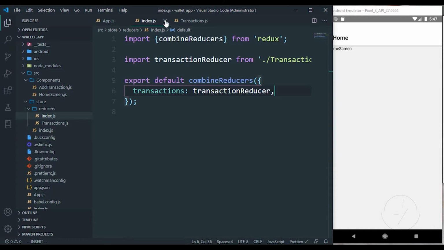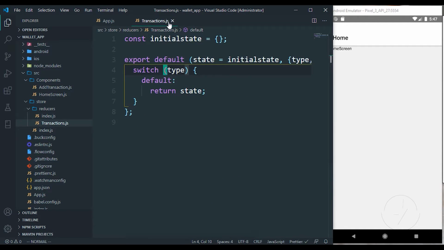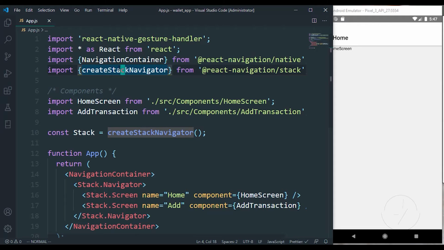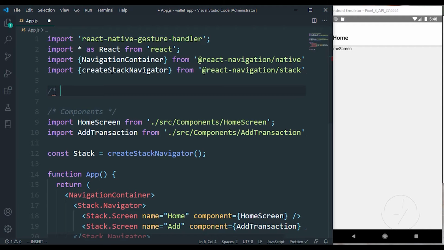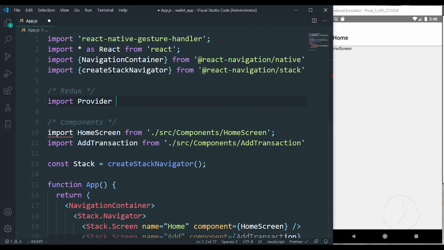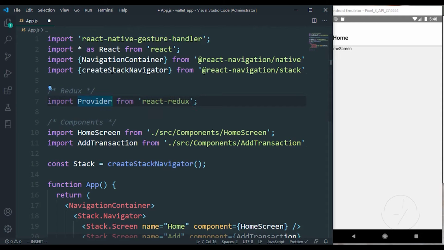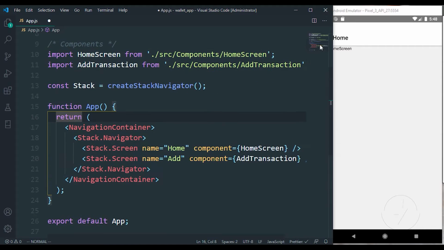So we are ready to connect this Redux with our provider in order for us to use it around our application. There is something called Provider from React Redux. That's the way you can make use of your reducers wherever you want to make use of them. So at the top here, let me comment this to be Redux. I'm going to be importing the Provider from react-redux, but the provider is not just like that. We have to use destructuring to pull that out. Then we can wrap everything inside this navigation container. You can wrap it with the Provider.